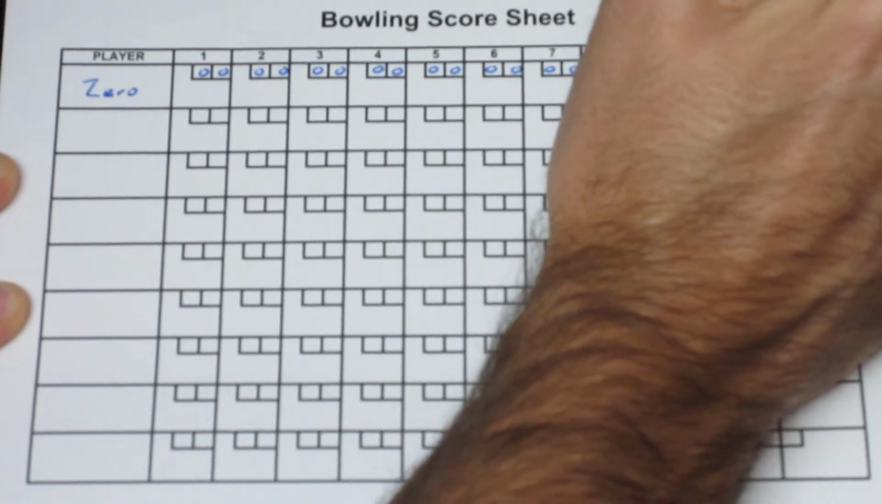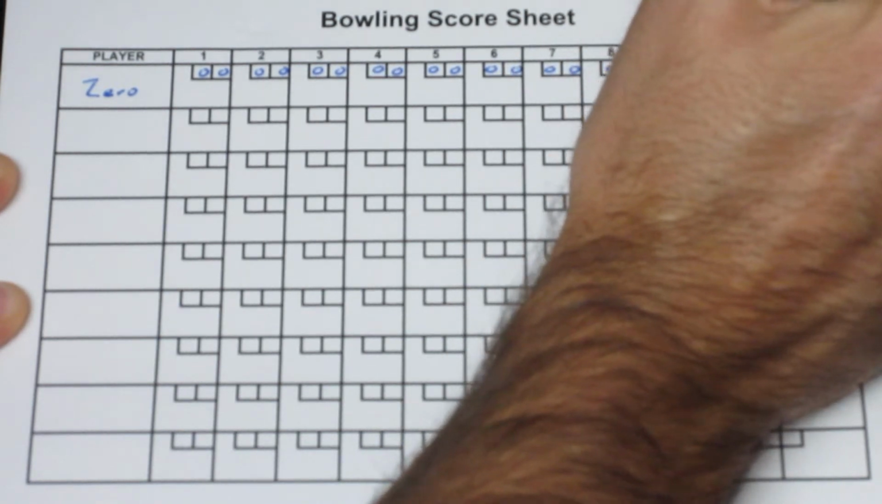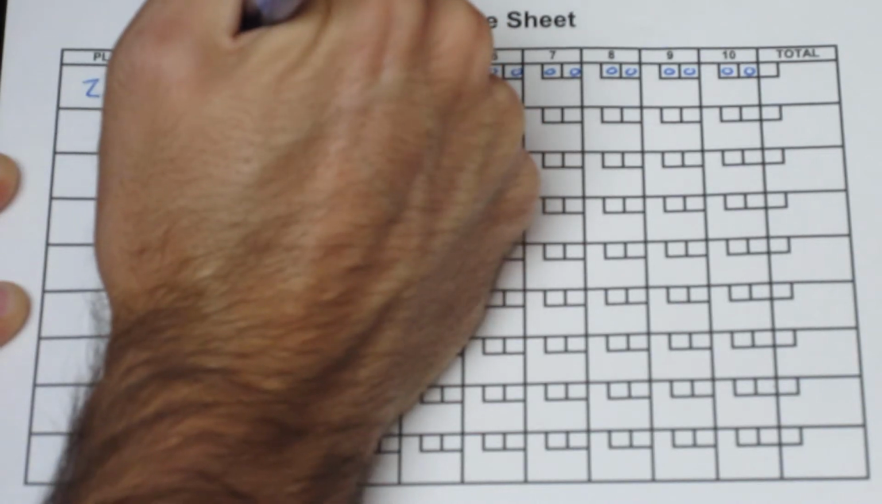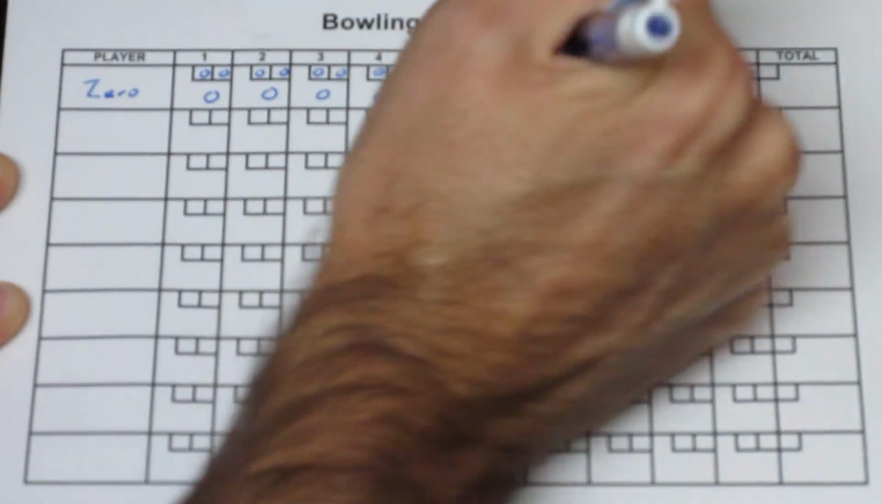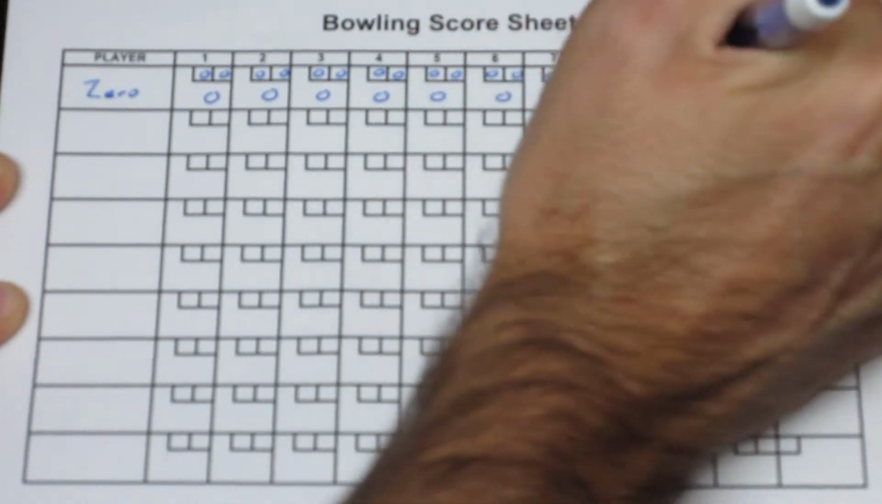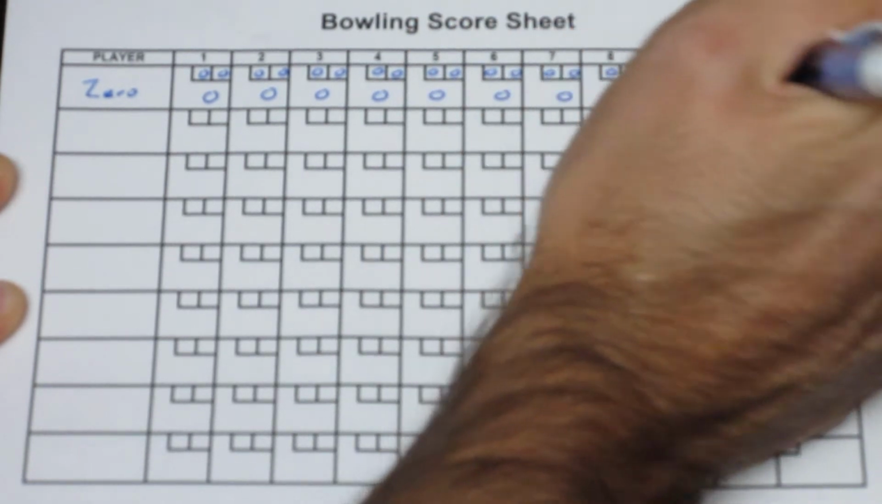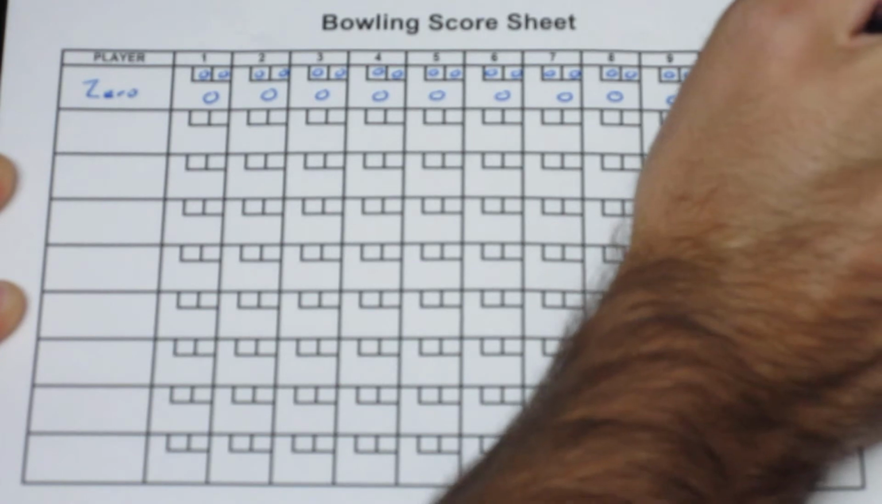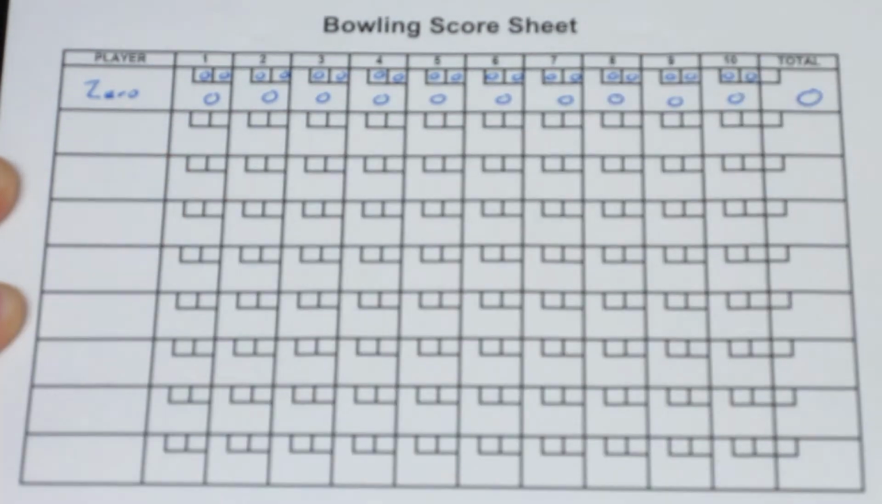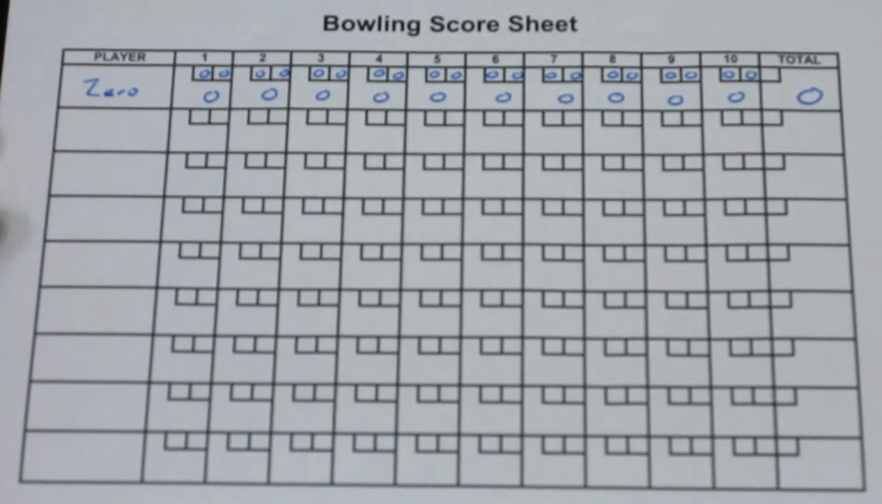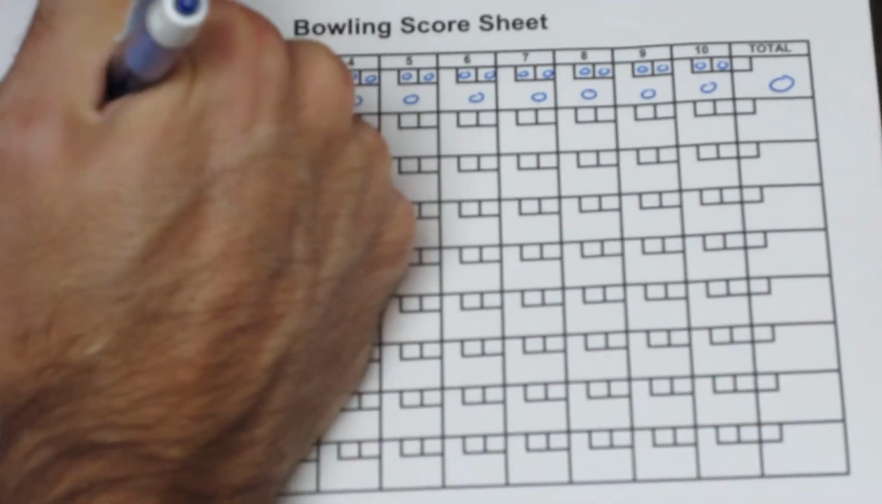So in this situation, they've thrown the ball 20 times, and they've got straight zeros. So this is pretty much the easiest way to score. So we end up with a total of 0. So easy to score, but really not a good day of bowling. Next we've got